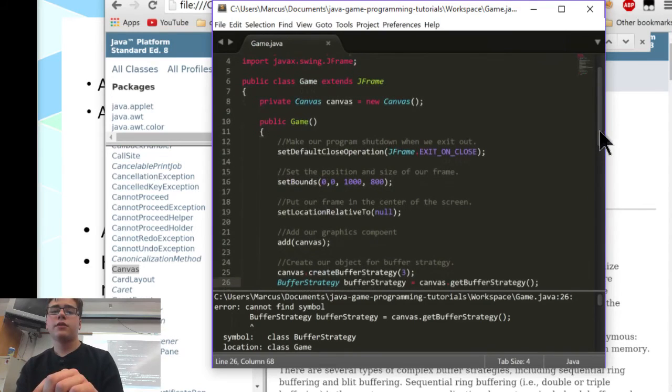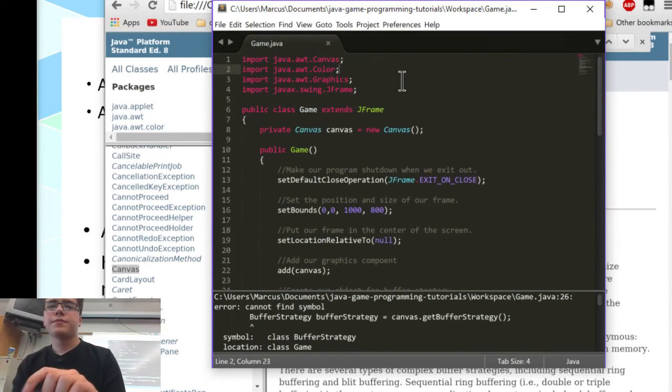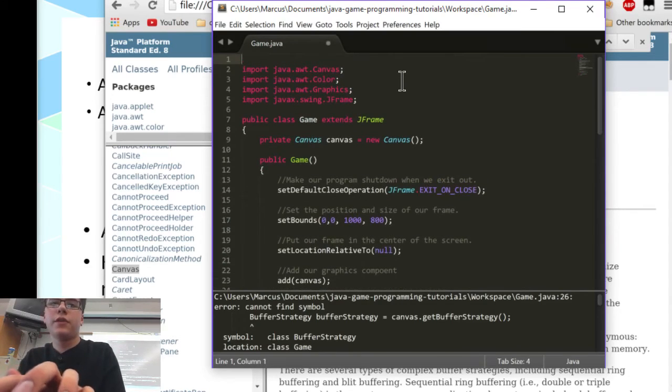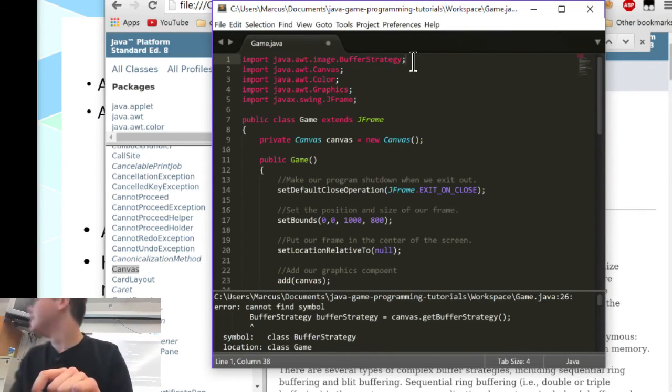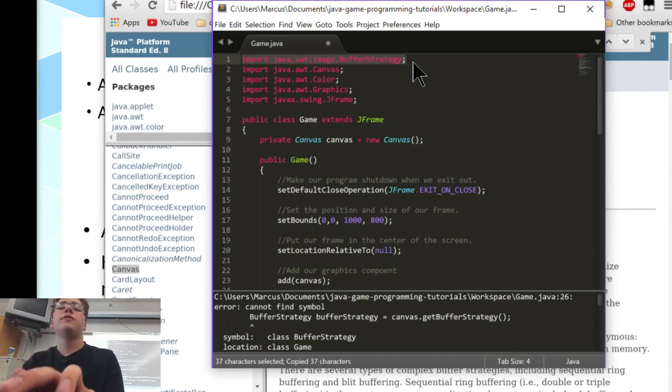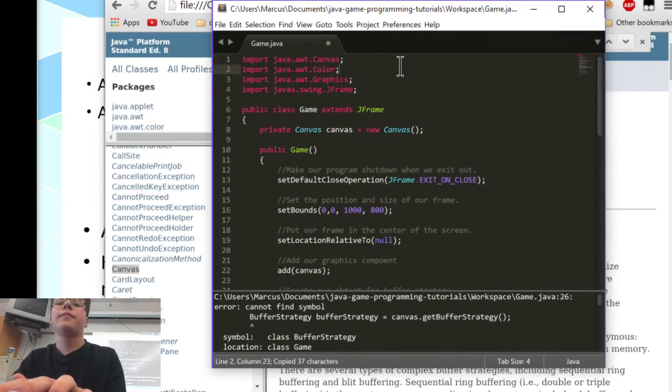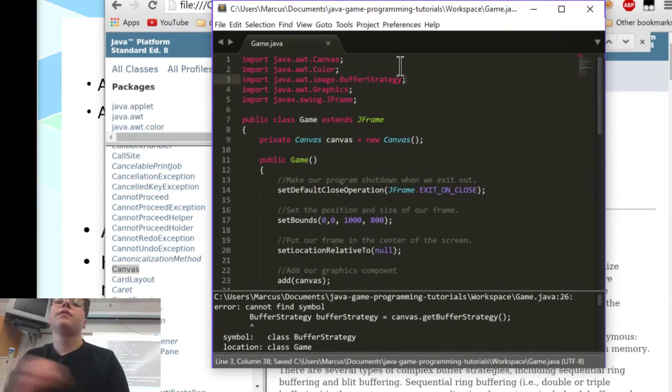See if I can scroll it. Okay. So buffer strategy is going to go before this because of alphabetical order. And of course I need import. So java.awt.image, image is lowercase. Not sure why. I'm ordering it by the last part of the import. So buffer strategy is before canvas. Although, yeah, I think about it, that would make more sense. You're right. So it would be, there you go.